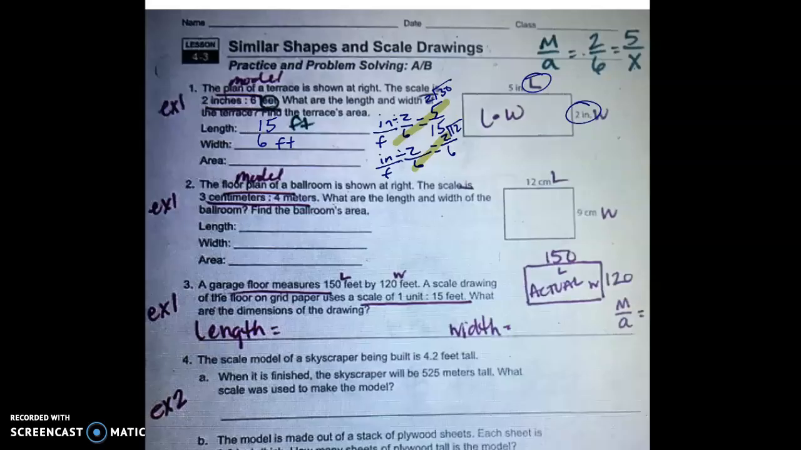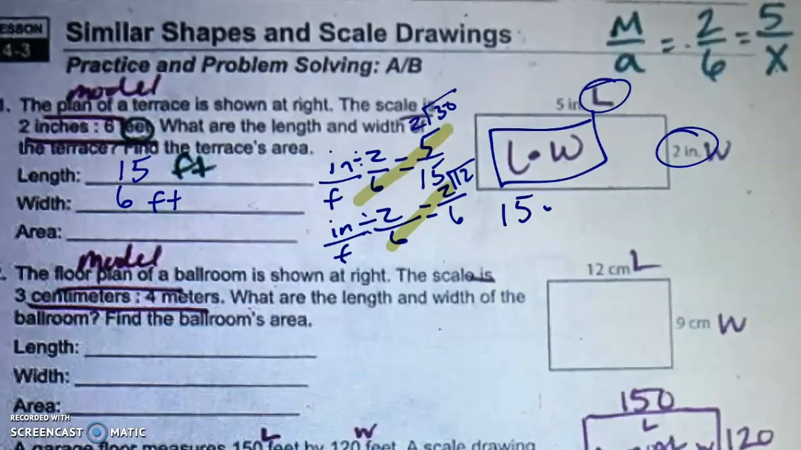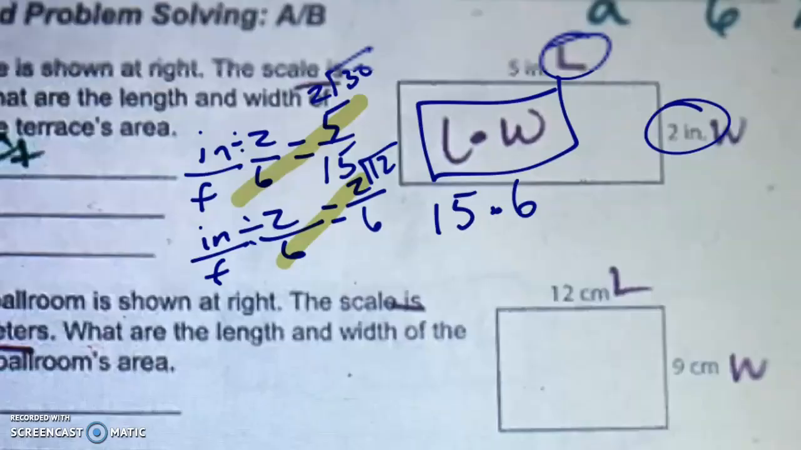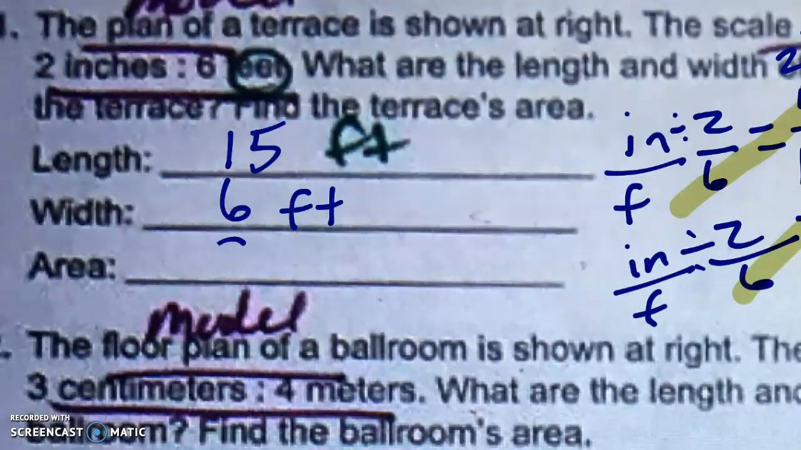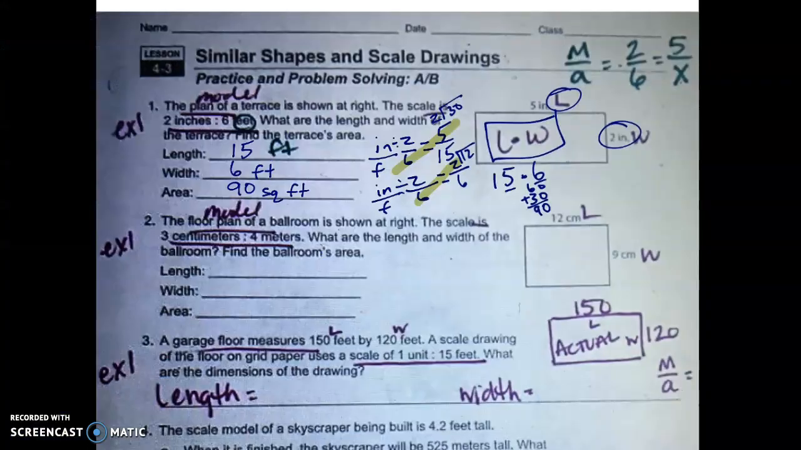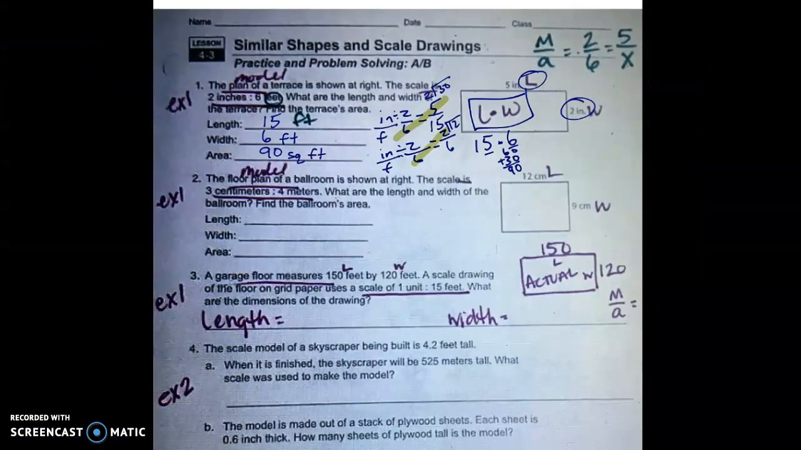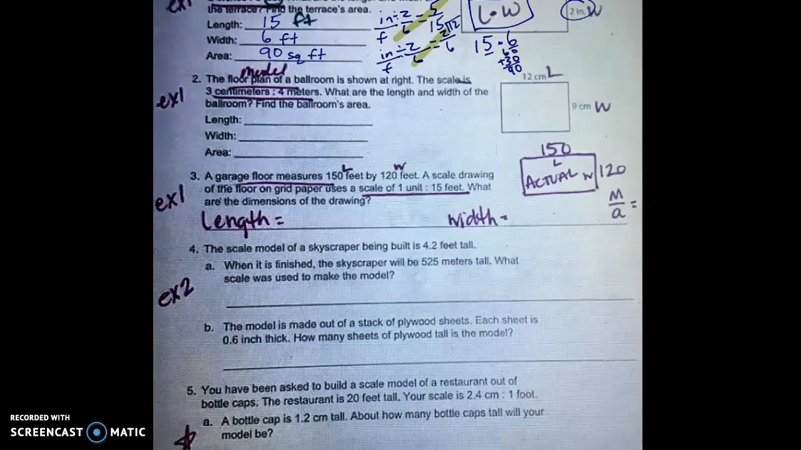So now we need to find the area. Area is length times width. So 15 times 6. 6 times 5 is 30, and 6 times 10 is 60. So if we add those up, it should be 90. Area is 90 square feet. Okay, I am going to let you do number 2 on your own. Number 3,